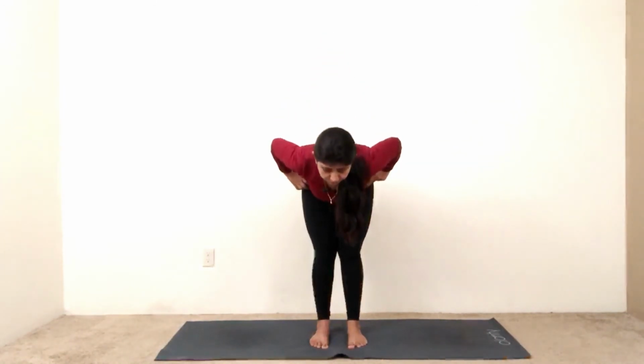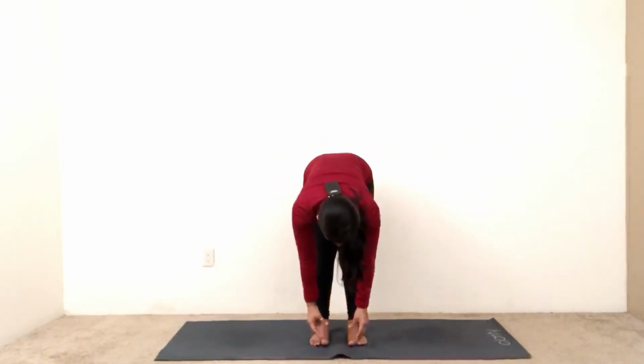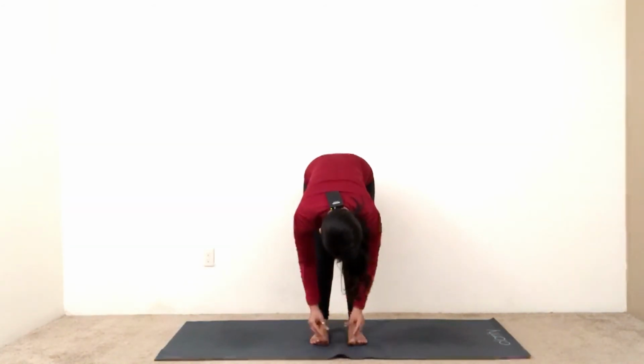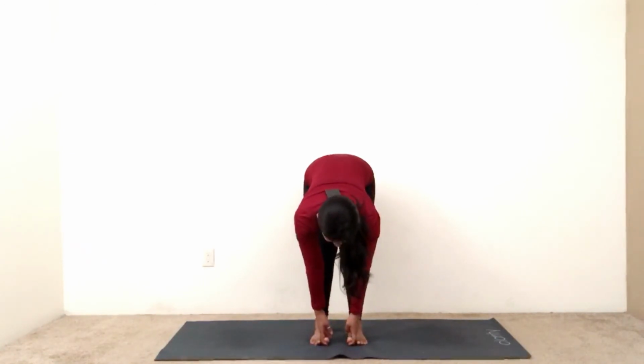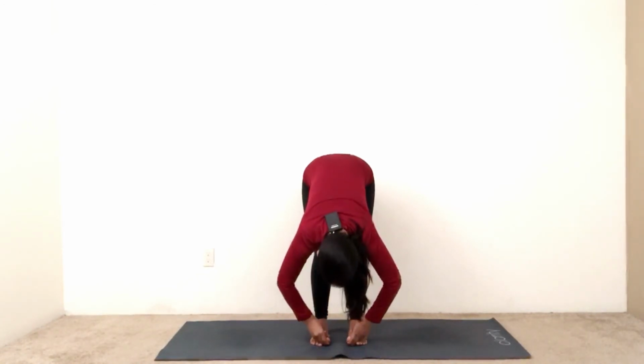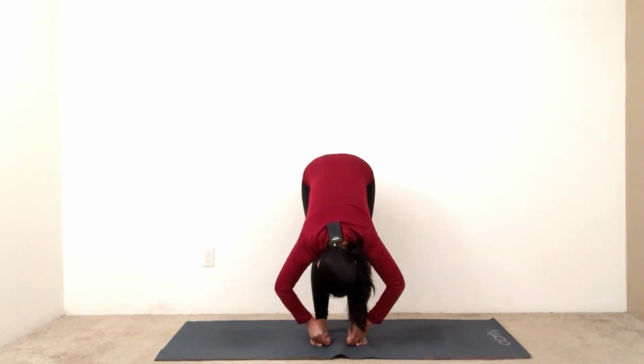Exhale, extend your trunk forward and downward. Then catch hold with the loop of your thumb and first two fingers of your big toes. Then make your back concave, arms straight and look forward. Then from here, exhale, bend your elbows out and extend your trunk forward more, and then bring your